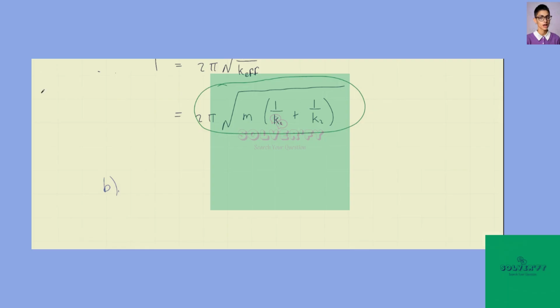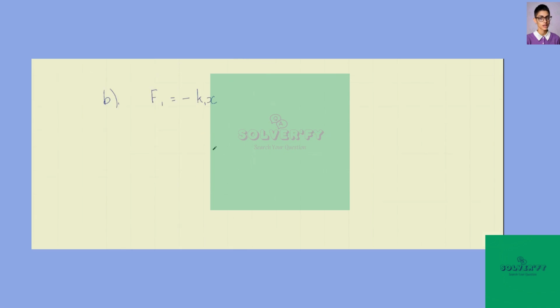Now in B, we want to show the period for the second configuration, and here the block will be in equilibrium when it's stationary, and so the net force at that location is 0. Then if the block is displaced by a distance x to the right in the diagram, spring 1 will exert an additional force F1 equal to minus K1 x in the opposite direction to x. Likewise, spring 2 will exert an additional force F2, and F2 is minus K2 times x in the same direction